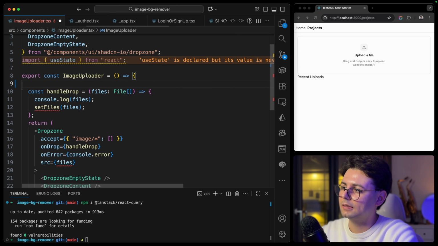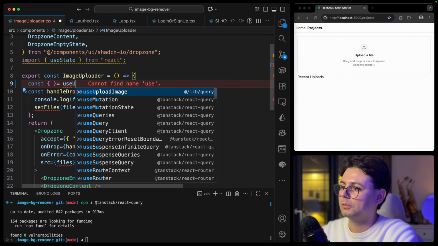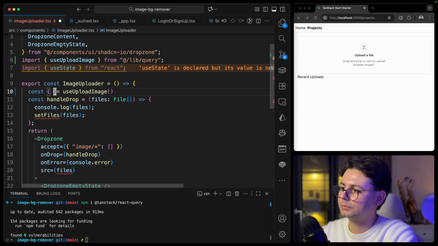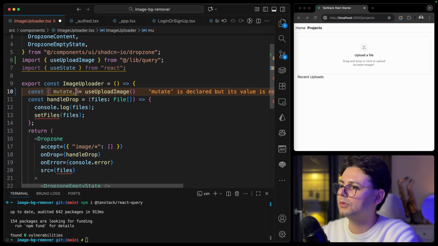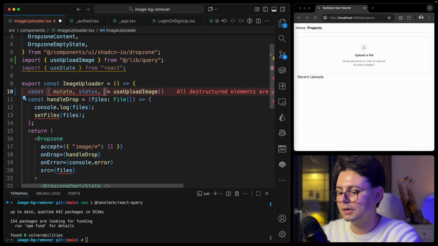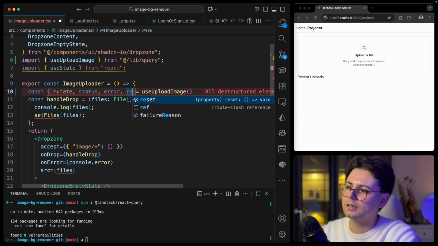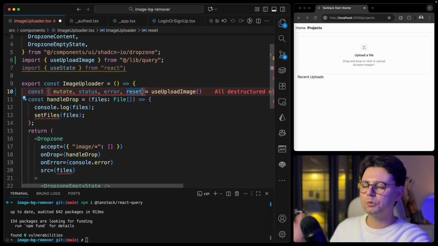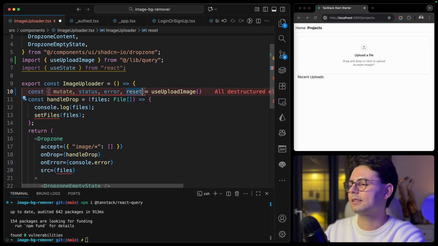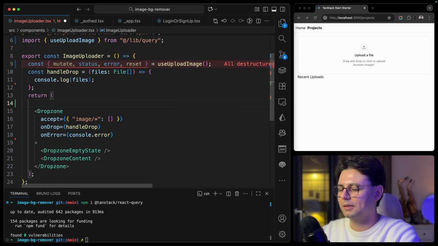So we don't need this state anymore, and we're just going to have our useUploadImage mutation. This is going to give us a few fields: mutate, status that we can use to show the multiple states to the user, and also we're going to get the error because we're going to show the error message if there's any kind of error. I'm also going to grab this reset function, which we're going to use in case there's an error to just reset the state. So let's get rid of these files and let's start designing the multiple states that we're going